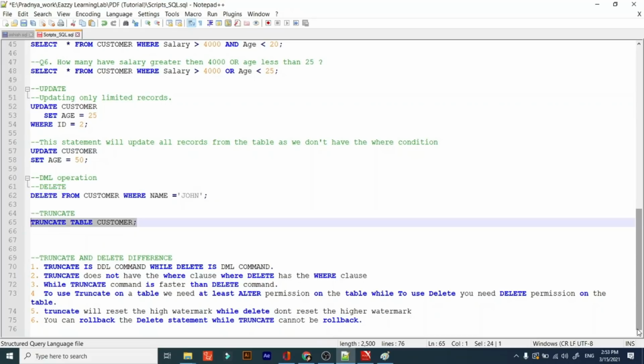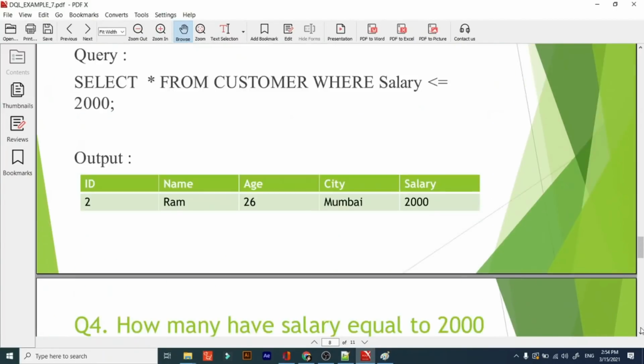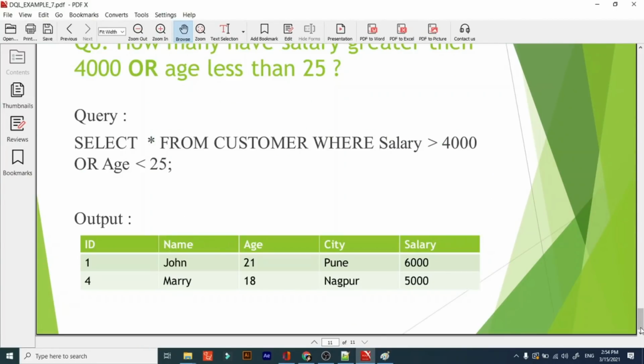See, in our delete statement, after you delete the 5th record, the pointer is set to the 6th position. But in truncate, the pointer is set to the 1st position. In delete, the records occupy this much space and the pointer is at the last position. If you delete the records, the pointer is still at the last position, like the 7th position.